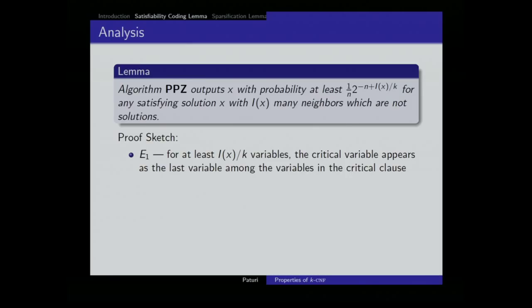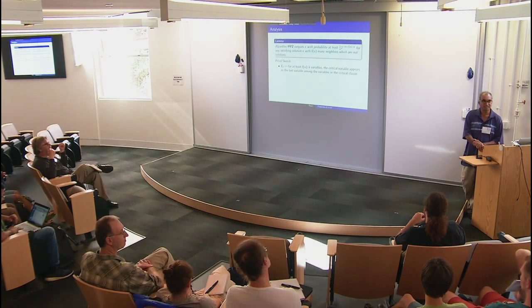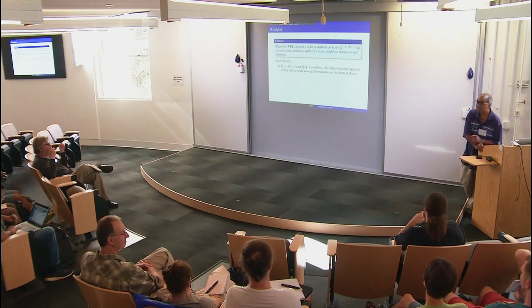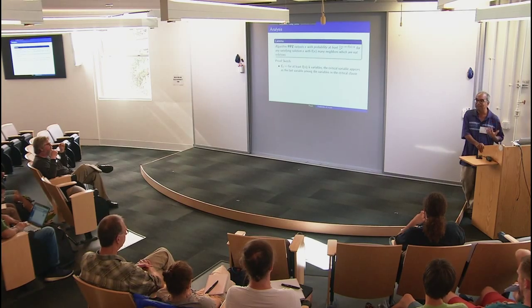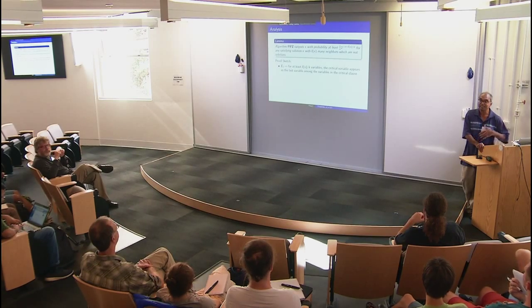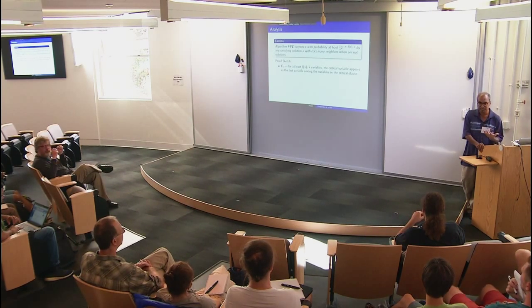That probability is 1 in k, so the average number of such variables is n over k. A permutation is good when we can achieve that average number. So this is an event over the choice of permutation. The event E1 looks for good permutations, those that achieve the average savings, and you want to know the probability. Having achieved the average savings, you then want to set the remaining bits correctly, and each bit is set correctly with probability half.